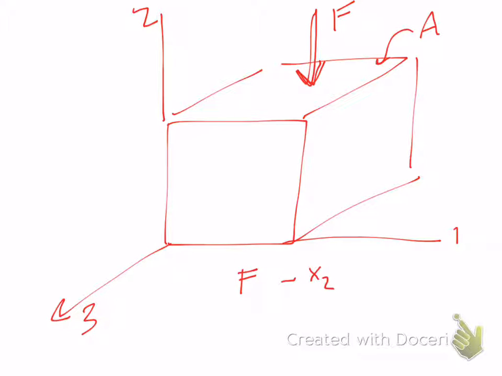So here I can tell you that there's a force that's in the negative x2 direction, right? Because this is our 2, and it's a downward force in the negative x2 direction, or just in the x2 direction, because